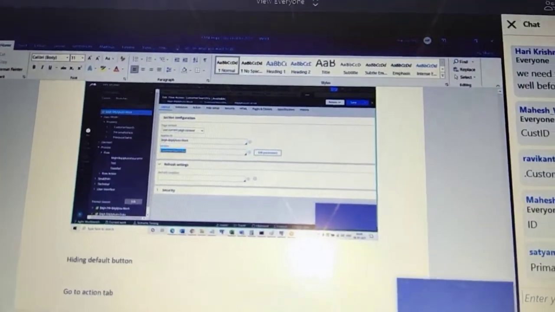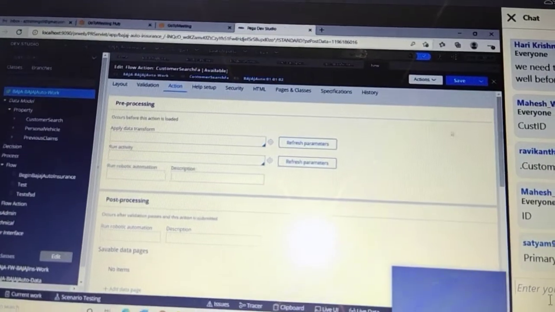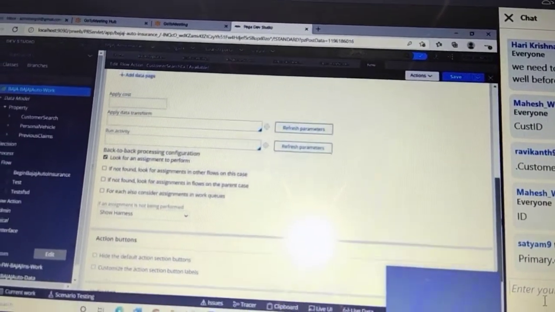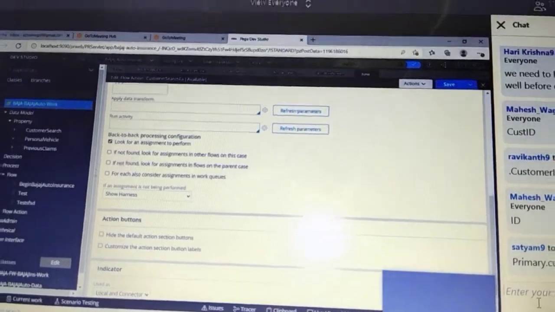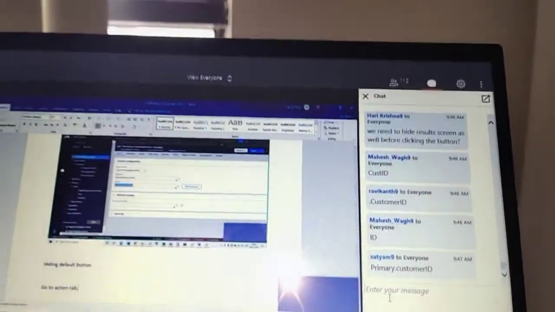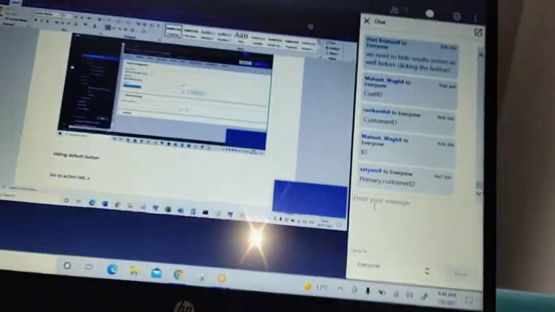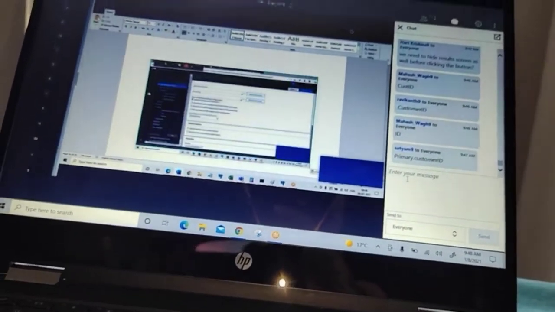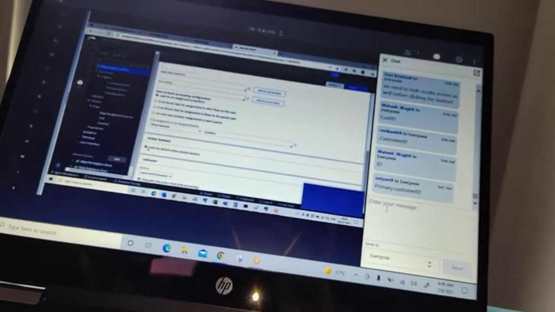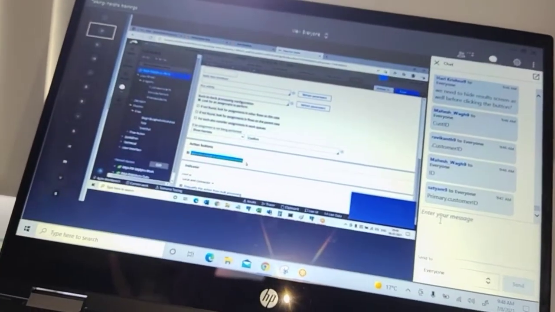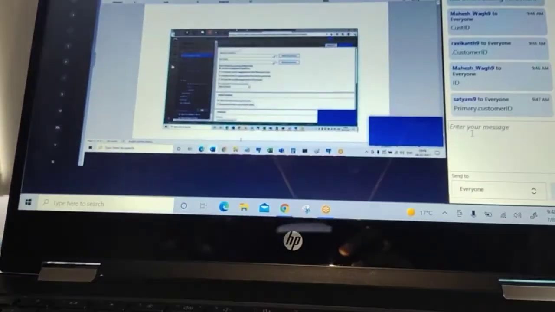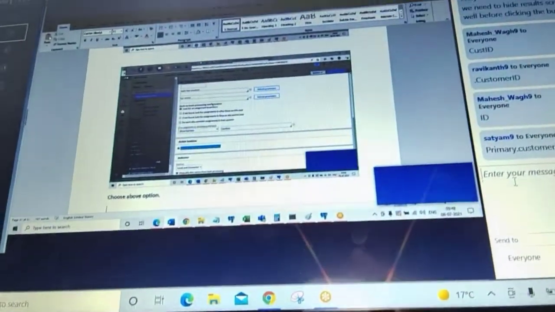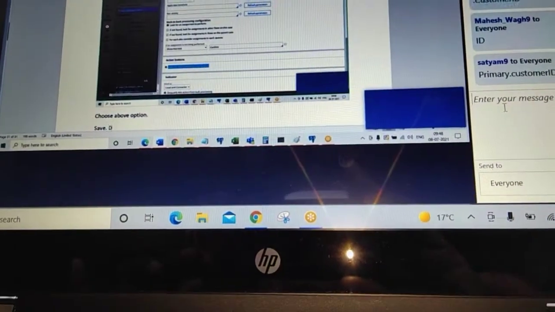This will be asked in interviews. Scroll down. Here you have hide default action section buttons. It is going to hide the buttons. Choose about. You need to remember this option forever. Okay.